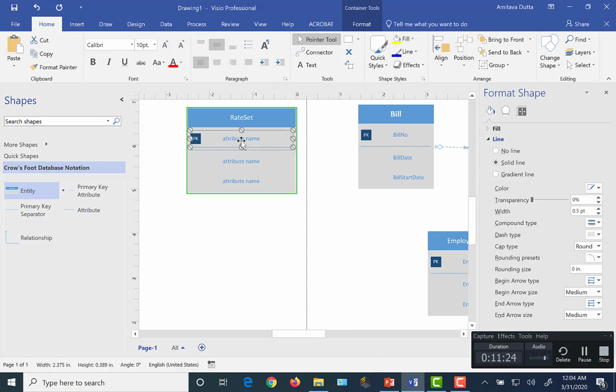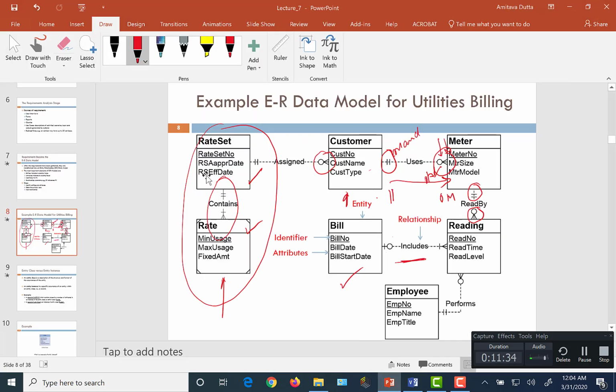So the primary key is rate set number, and the other two attributes are rate set APPR date and rate set effective date. Okay,